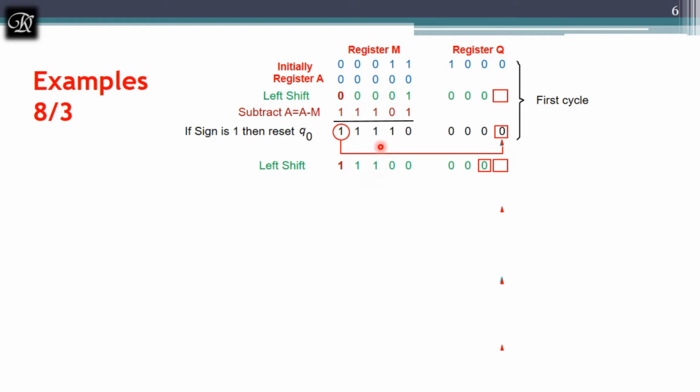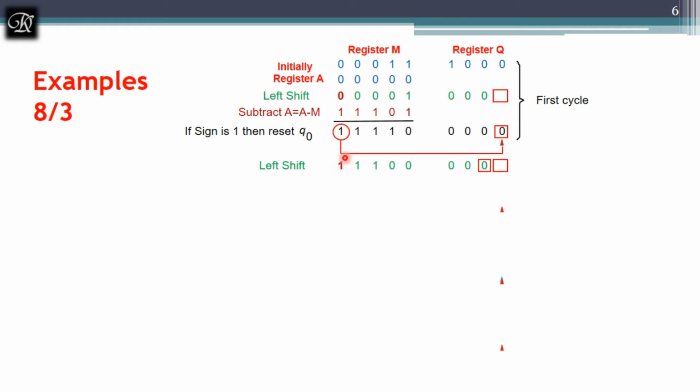Then immediately after that, in the second cycle, I am going to shift left by 1 bit. You can see the Q0 position 0 will be in Q1, this 0 will be here, this 0 will be here, this 0 will be over here, this one will be over here, this one will be over here, this one will be on the sign bit, and the one bit of the previous sign is ignored. Next, after this, look into the sign bit of A.